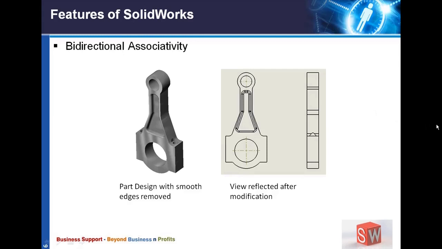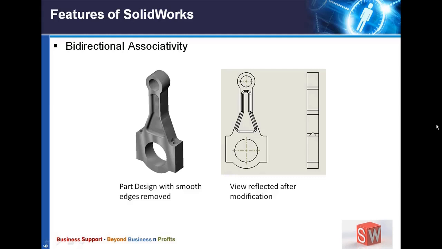The engineer will create the first connecting rod and then create orthographic views, so these are two separate files. Now there is a small feedback from the assembly department that all the sharp corners have to be blended to avoid